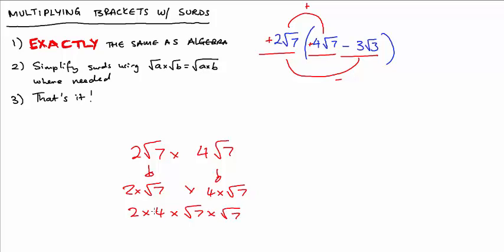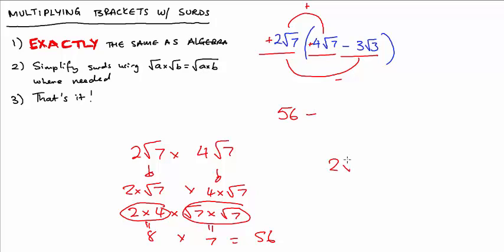As we can. Now look, we know what 2 times 4 is. That's 8. We know what root 7 times root 7 is. That's just 7. Okay, so it's an 8 times 7 situation, which is 56. Right? So the first thing is 56. The next term, positive times negative, so we know it's going to be negative, so let's not worry about the